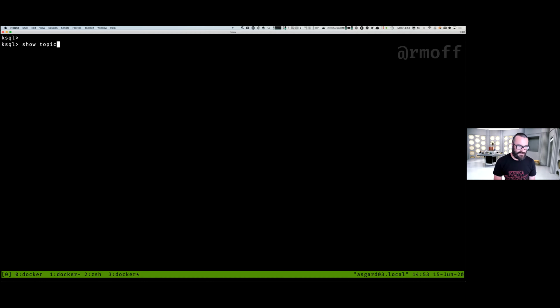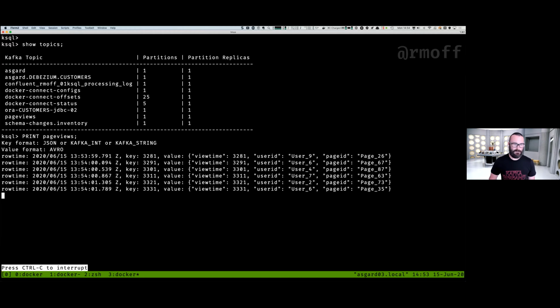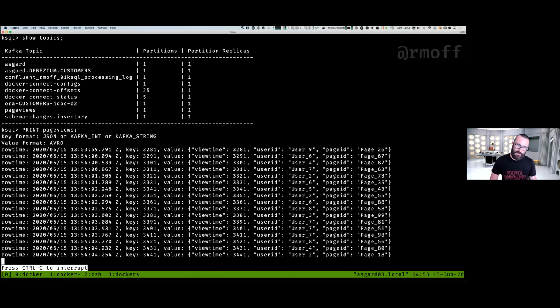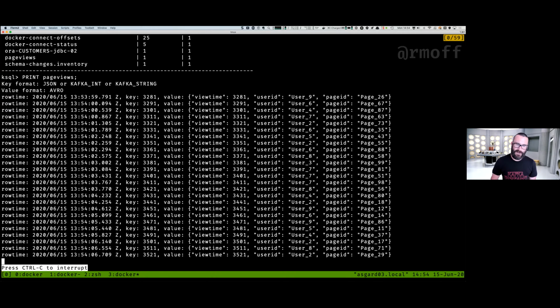So it starts off with, we're just going to say, show me what topics we've got on the cluster. It says, well, you've got topics here, like we saw earlier, for customers and customers that we pulled out using JDBC. We've got a topic called page views. So let's consume that topic and let's say print page views. And it says, here is the contents of this topic. So it's just a consumer at the moment. We could use kafkacat for it or whatever else. And these messages, they've got a key and they've got a value. What time was it that someone looked at a particular page, which user, and what was the page? It's a fairly noddy set of random data, but it gives us this continuous stream of data.